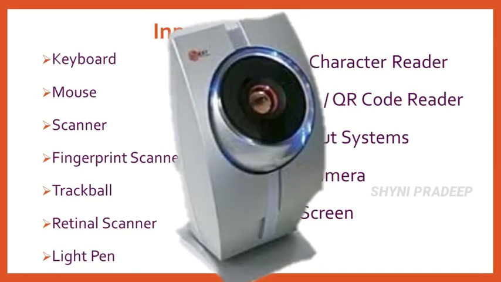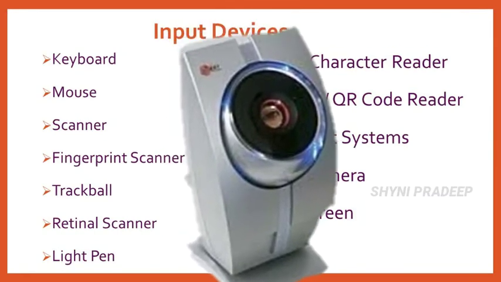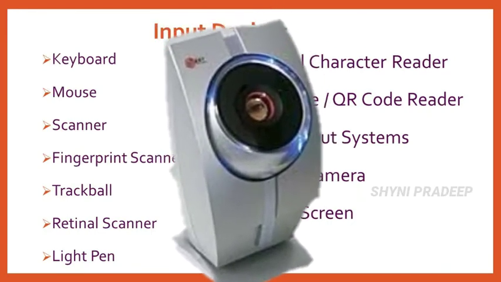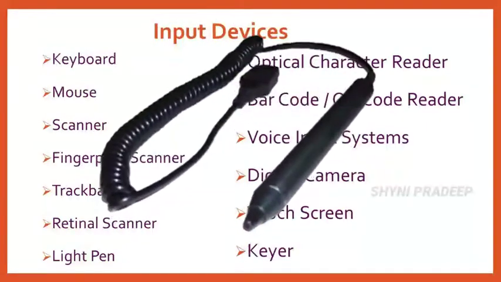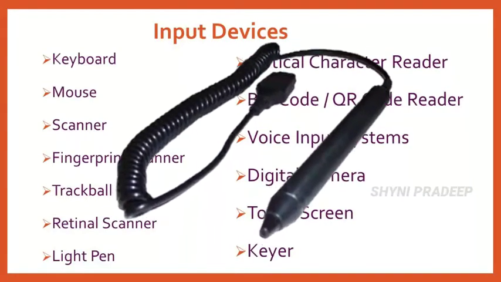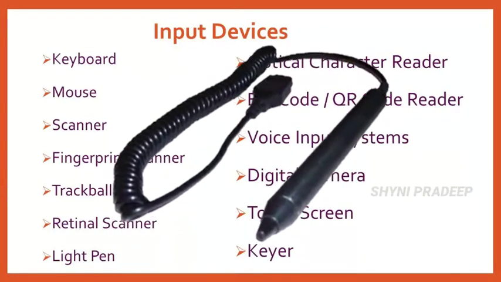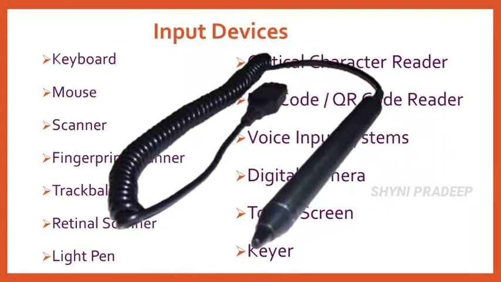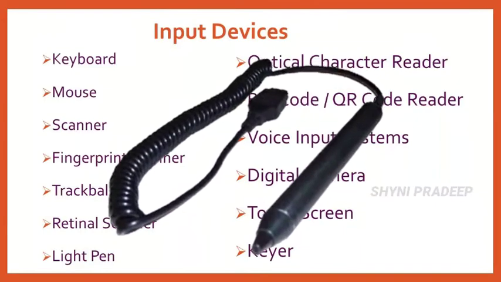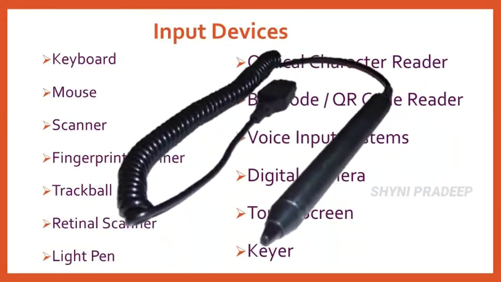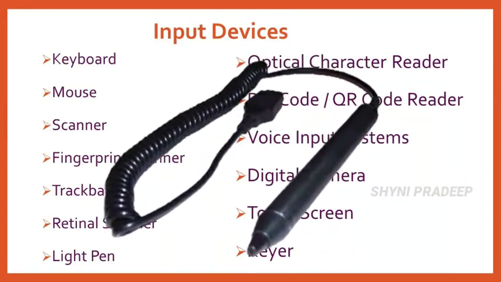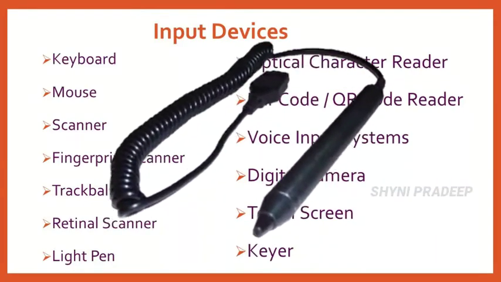It performs a retinal scan, which is a biometric technique that uses unique patterns on a person's retinal blood vessels. Next, light pen. It is a pointing device shaped like a pen and it is connected to a monitor. The tip of the light pen contains a light sensitive element which detects a light from the screen, enabling the computer to identify the location of the pen on the screen. It is mainly used for drawing, which means you can directly draw onto the screen.